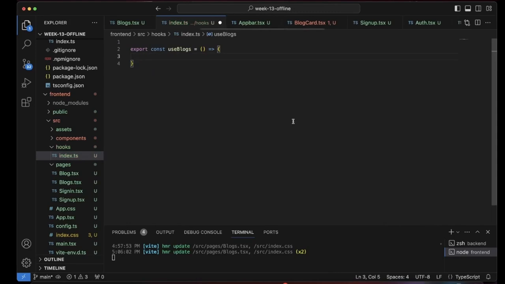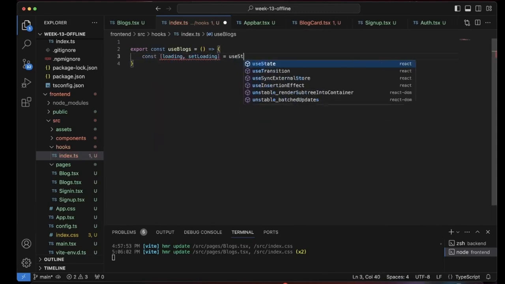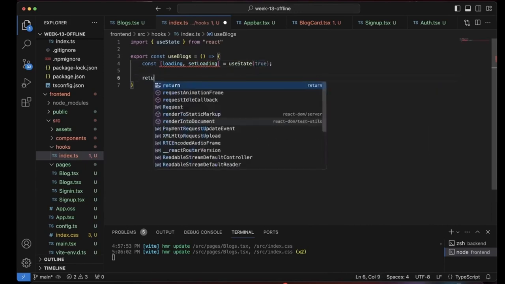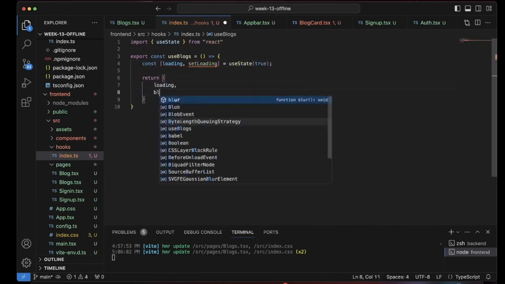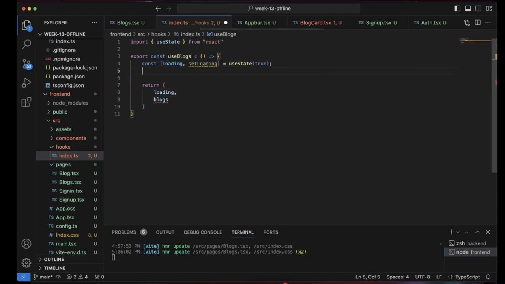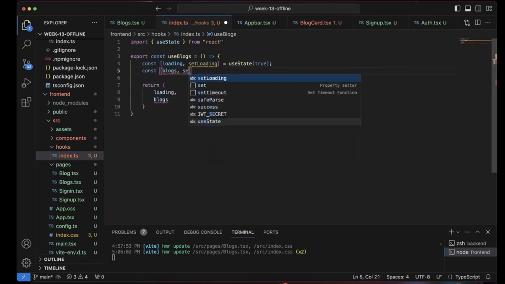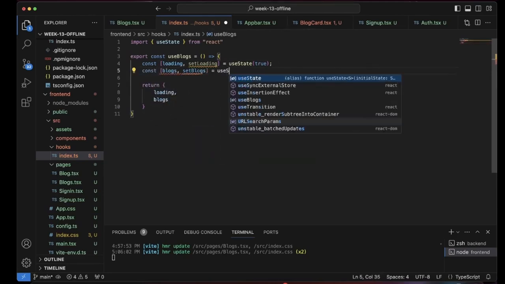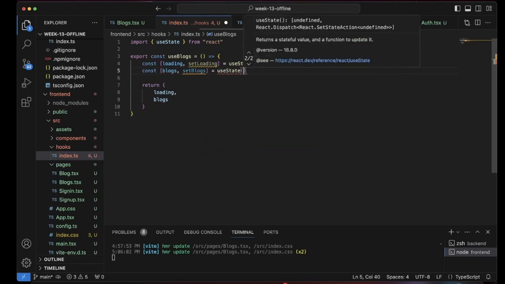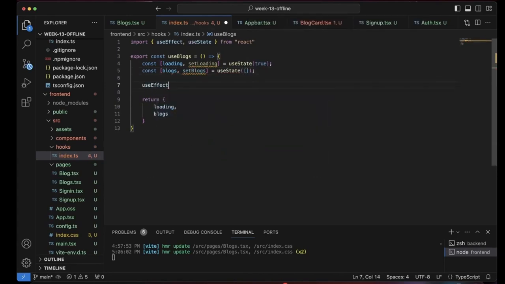It's a hook. const loading, setLoading equal to useState true, return loading, and then blogs. const blogs, setBlogs equal to useState empty array, and then have a useEffect at the top, and then make an empty array, which basically means anytime this hook is used, send a request